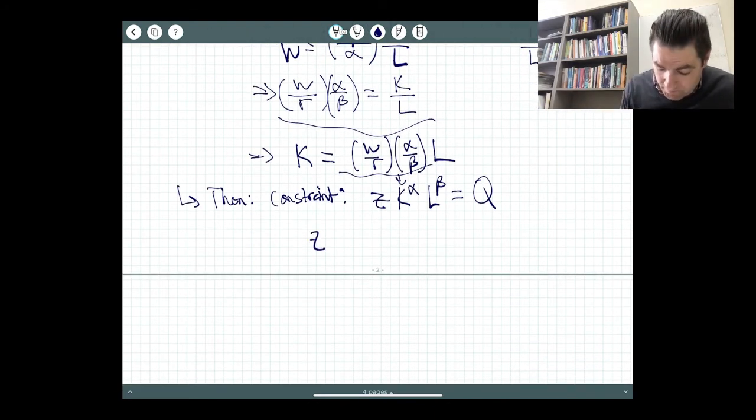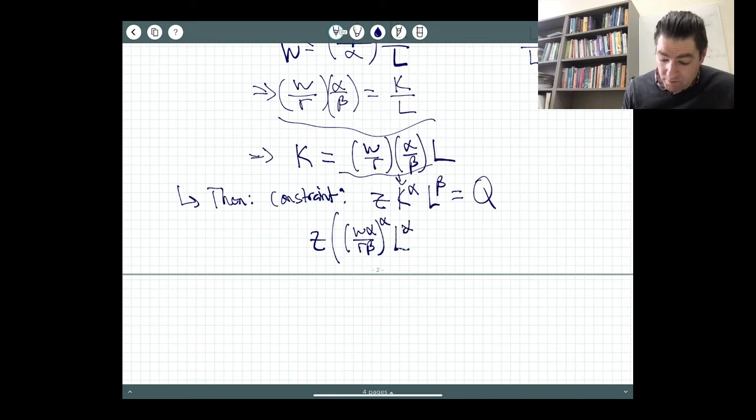And what I have is that Z times, I'm going to just combine this, W alpha over R beta to the alpha power times L. That's K to the alpha. Times L to the beta